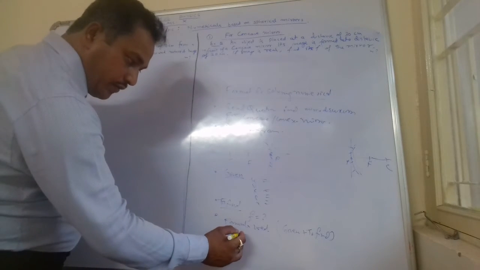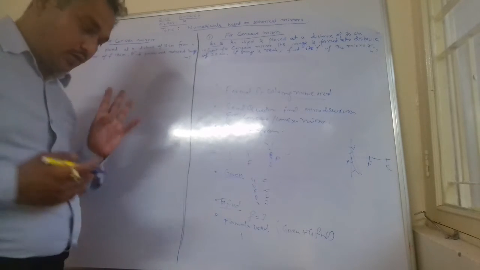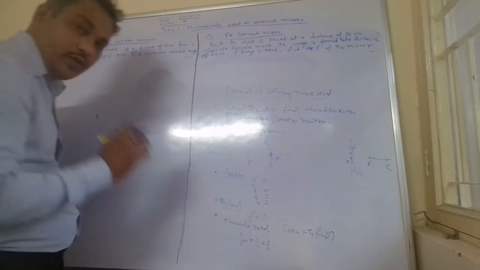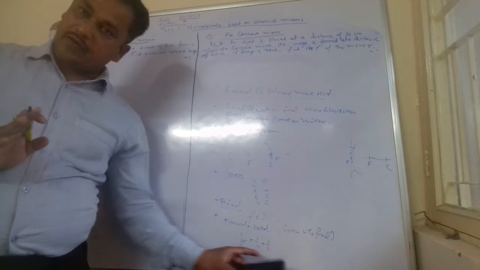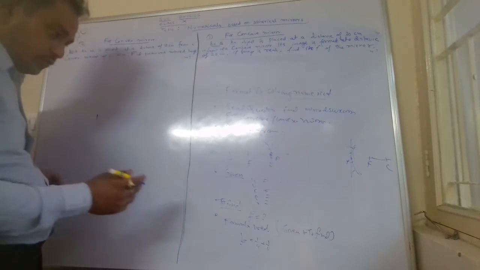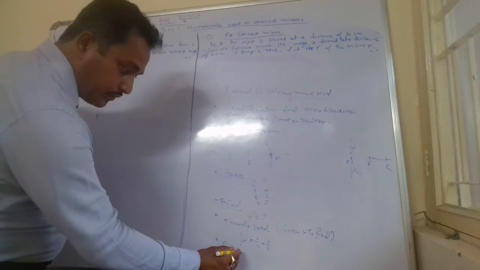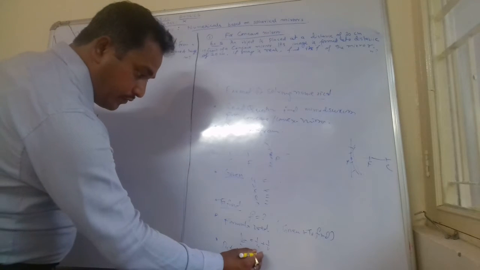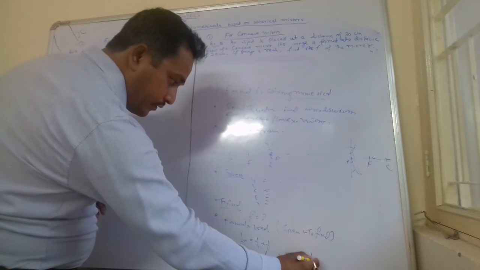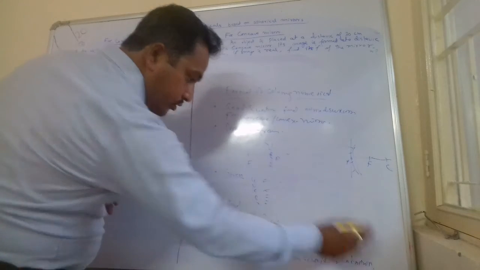Generally, you will use the mirror formula. As you are aware, in the case of spherical mirrors, there are only the mirror formula and magnification. So 1 by f is equal to 1 by u plus 1 by v. You will write this formula, or magnification m is equal to minus v by u, or h dash by h, whatever is required. Then after that you will put the given values and then solve for the unknown which is required to be solved.